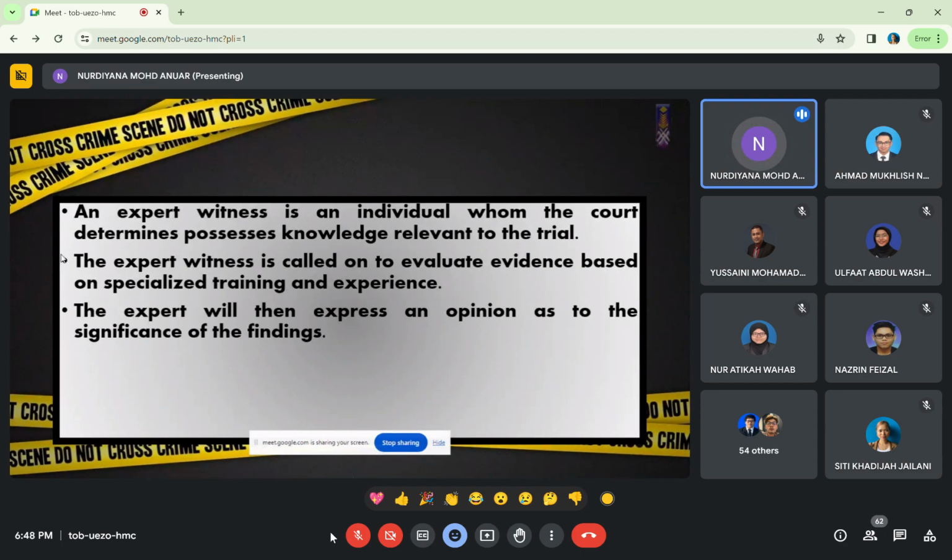The expert witness is called on to evaluate evidence based on specialized training and experience. If that person doesn't have any training or experience, definitely the statements given by this witness will be challenged. So dia ada doubt, betul ke dia ni adalah expert in that area. Dia baru je masuk Jabatan Kimia, baru kerja sebulan, tak sampai setahun, tiba-tiba panggil dia as an expert. Definitely cannot, sebab dia masih dia punya experience dia masih